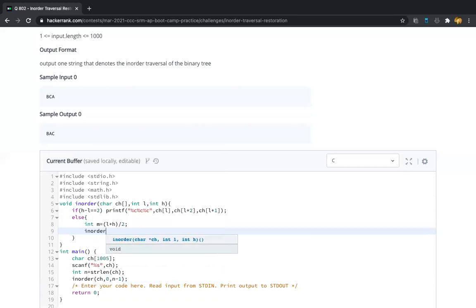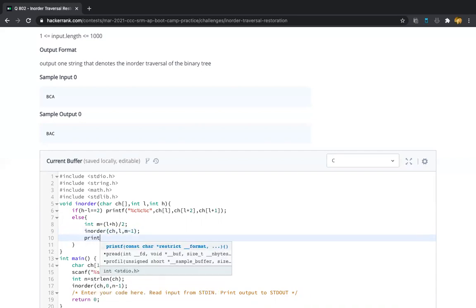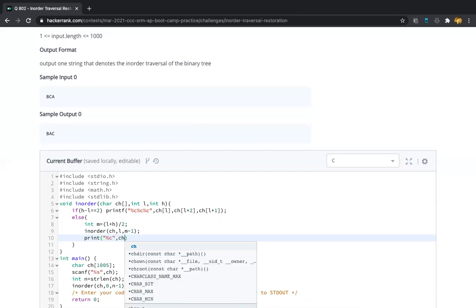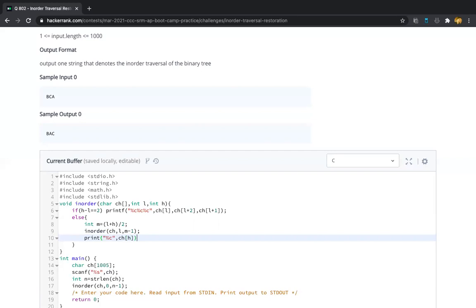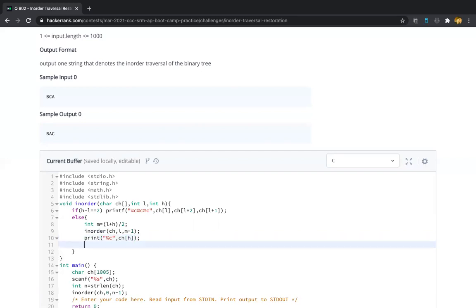Now we'll recursively call this function in order. First, as we saw in the logic before, we consider the low value to mid minus 1 value. Then we print the root element with %c, comma, character of high, that is the parent character.